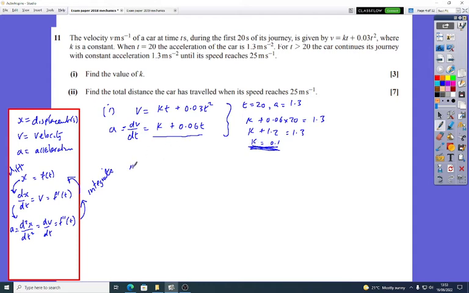So now in part 2, it tells you that after 20 seconds, the car continues at a constant rate until it reaches a speed of 25. Okay. So what we've got, find the total distance. Right, so basically what we've got